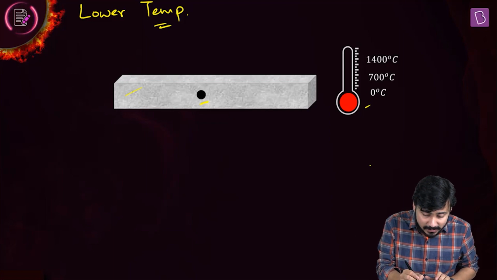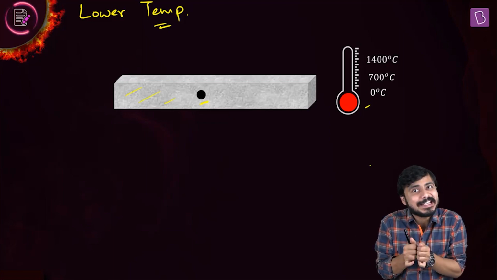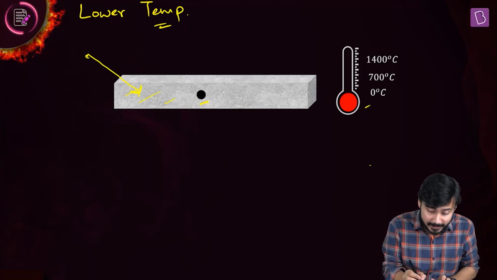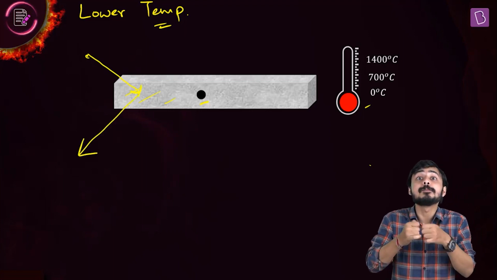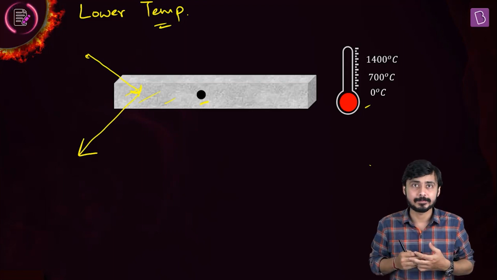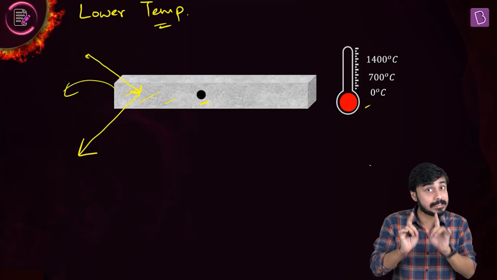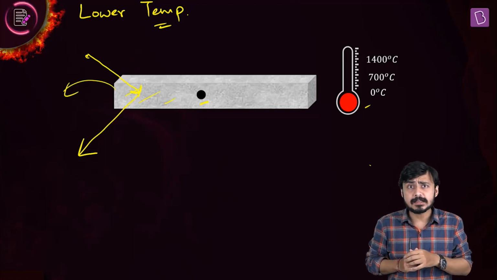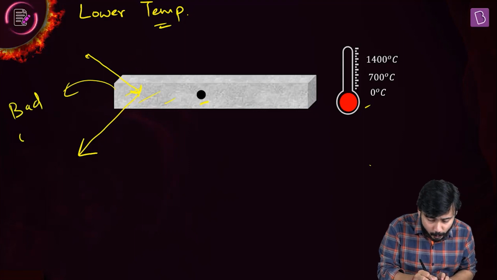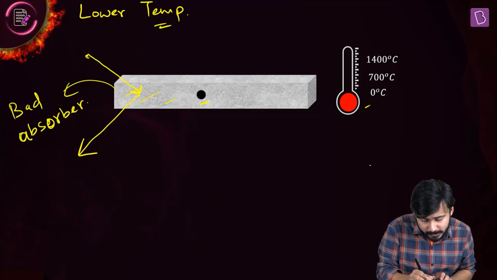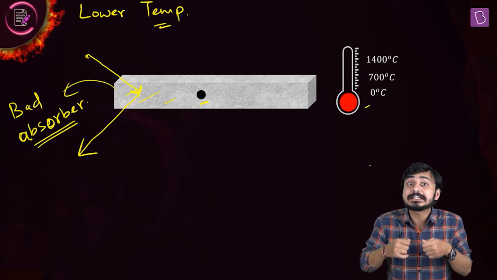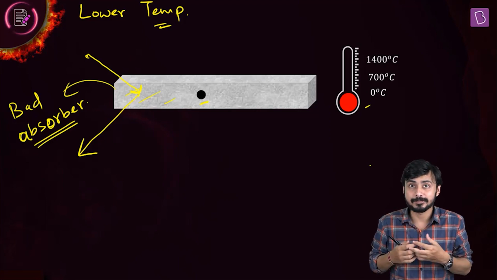So if this plate at lower temperature is looking shiny, that means whatever light is incident onto the plate surface is getting reflected back to the observer. That's why it is looking shiny. So that means it is a good reflector. The remaining plate surface is a good reflector. And a good reflector means a bad absorber. The remaining plate surface is a bad absorber because it is looking shiny at the lower temperature, right?